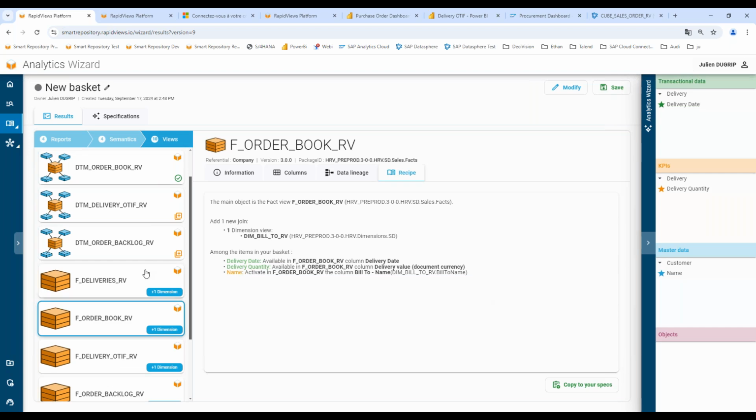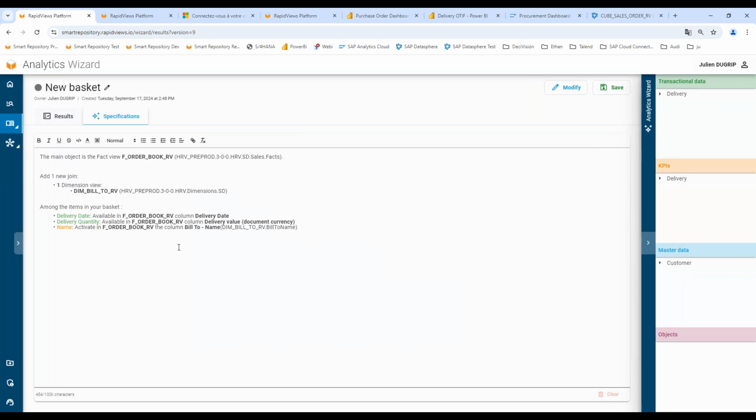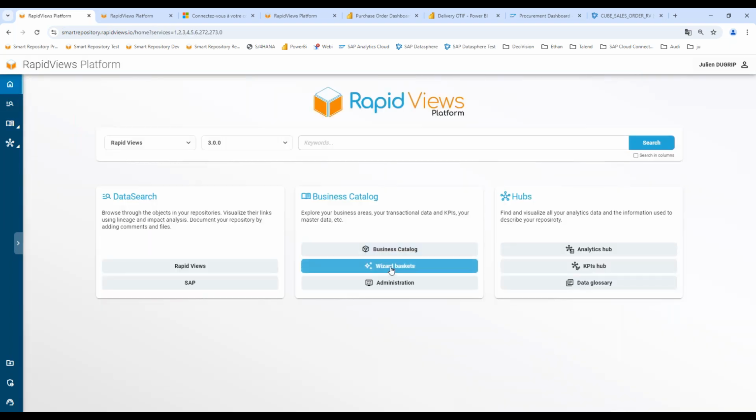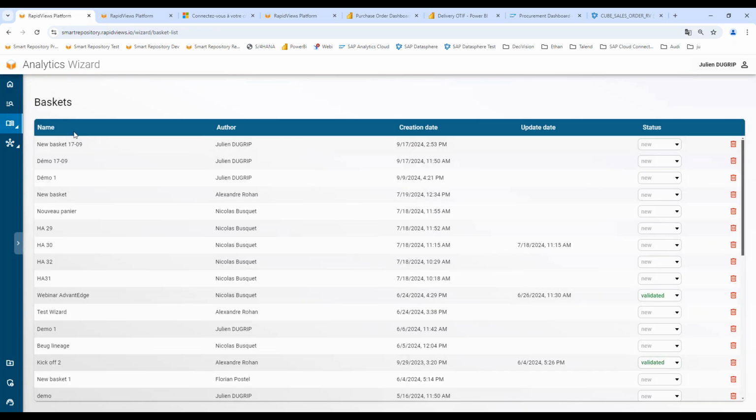You can select any view, click on recipe, copy to your spec, and here, as you can see, add any comment, because when you do a specification, you need to put some specific filter or any component. Whatever you want. After that, the system is going to register this recipe, and at the end, the BI developer just needs to go back to his desk and do what has been set up during this meeting.